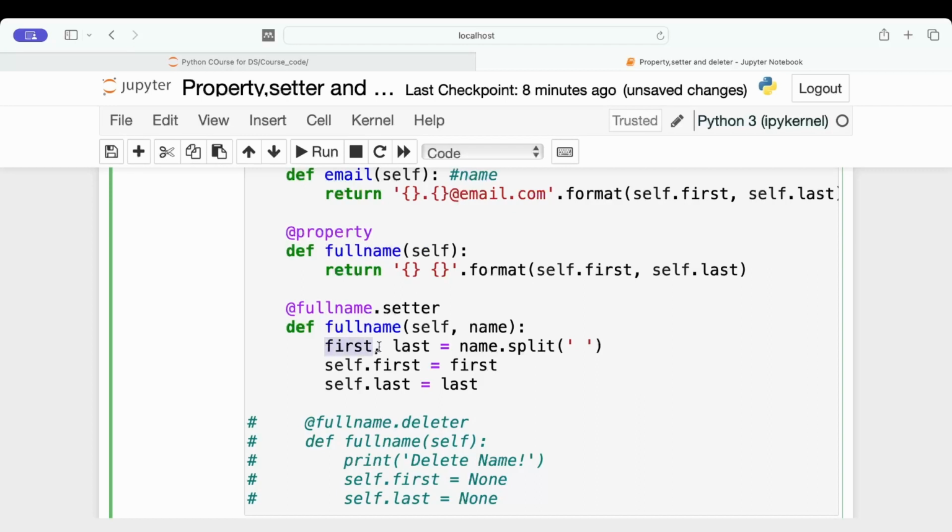the logic that whatever input I'm getting, I'm splitting using the space, and the first value after the splitting I'm assigning to first, and the next value I'm assigning to last, and after that I'm assigning those values to the first and last instance variables. Here, instead of this, you can directly write like this: self.first, self.last. Still you will get the same output,